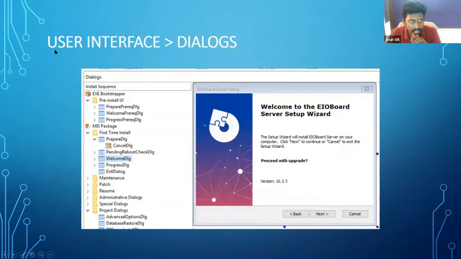Next, under the user interface basic feature, we have dialogues. There are so many inbuilt dialogues offered by Advanced Installer. In addition to that, we can create our own custom dialogues also. In the dialogues listed on the left side, we have the pending reboot check dialogue. This one is a custom created dialogue. Other than that, the prepare prerequisite dialogue and the welcome prerequisite dialogue are all inbuilt ones. Like this, you can edit the text whatever you want here in the dialogue. And this is the dialogue section of the entire installation process.